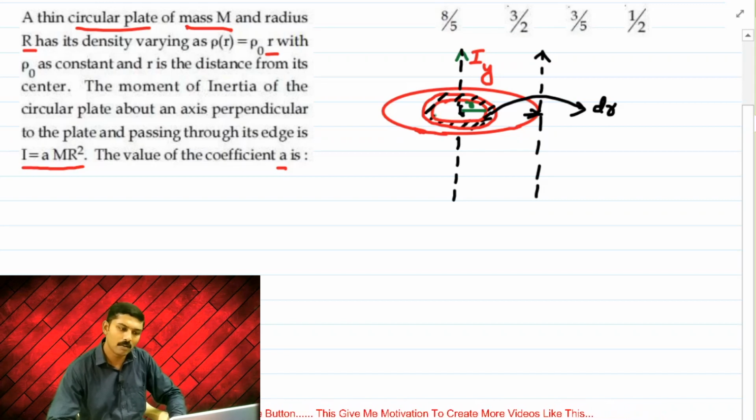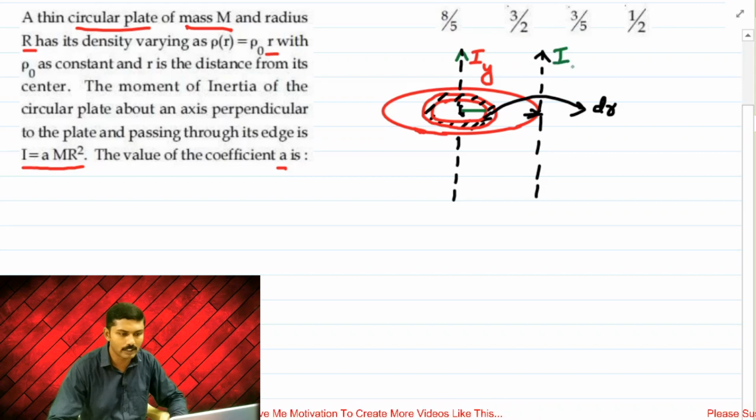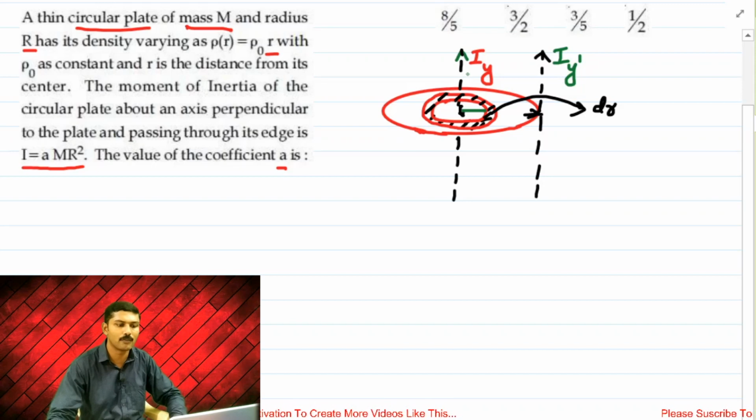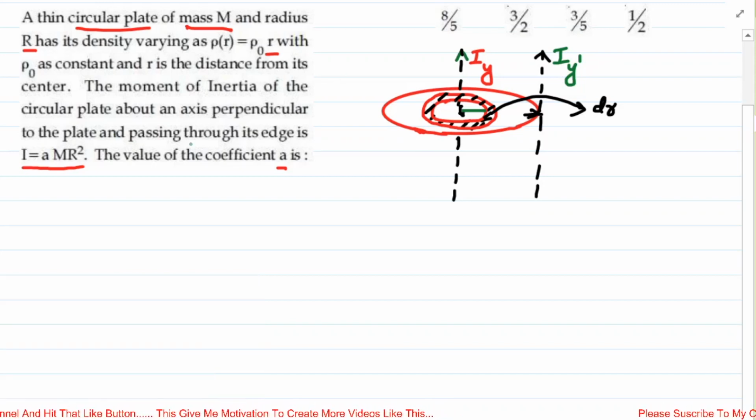We put in the parallel axis theorem, then only we will be able to find out the final value of the moment of inertia passing through this particular axis, which we can call the moment of inertia passing through the y dash axis. Okay, right, let's do that. For that, we first have to mention what is given there.